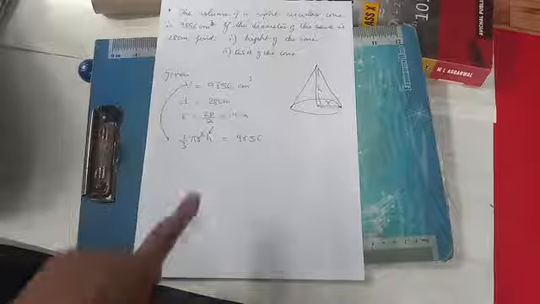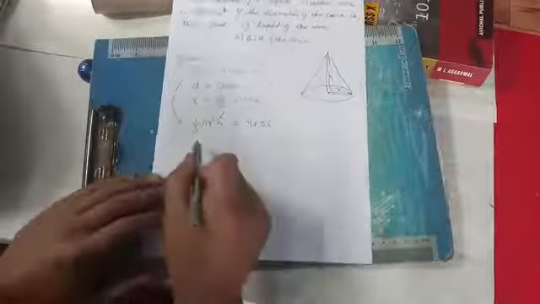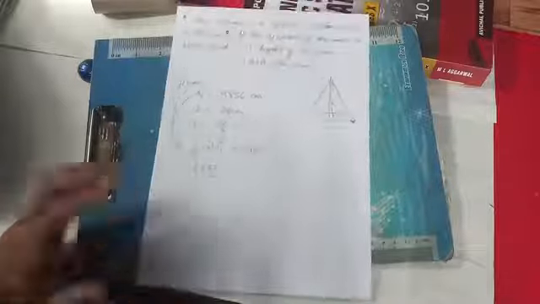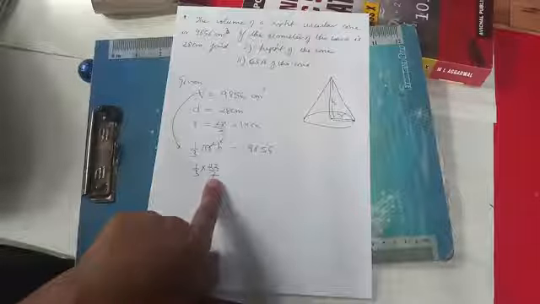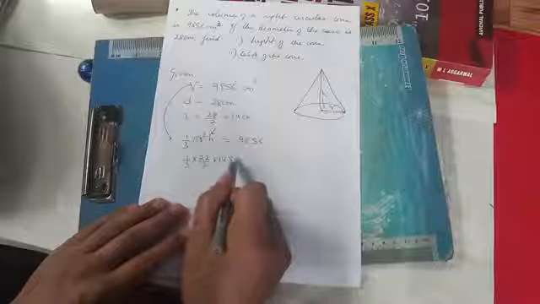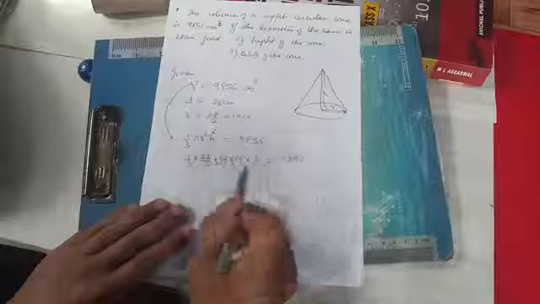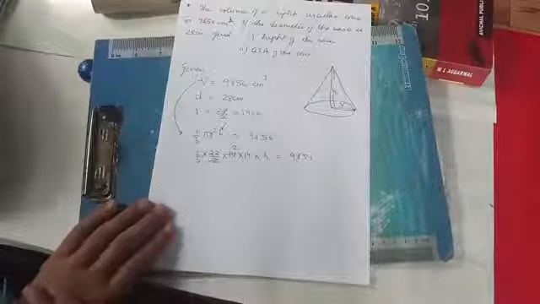Now this is the height we have to find. R is already given to you, 14. So let us substitute. Pi is 22 by 7. The value of pi is not mentioned here anywhere, so you have to assume that pi is 22 by 7. Radius you have just found to be 14, into h, equals 9856. So you can start cancelling. 7 2s are 14. Okay, so h will be